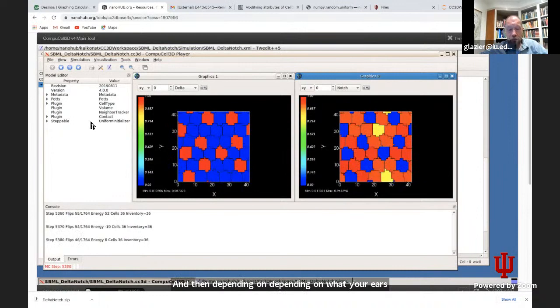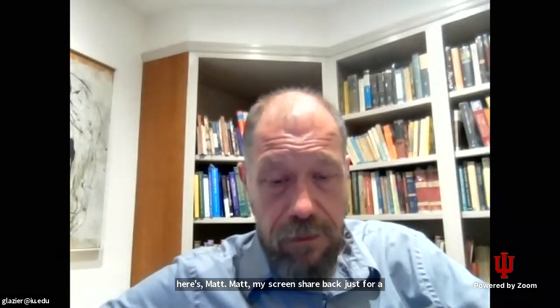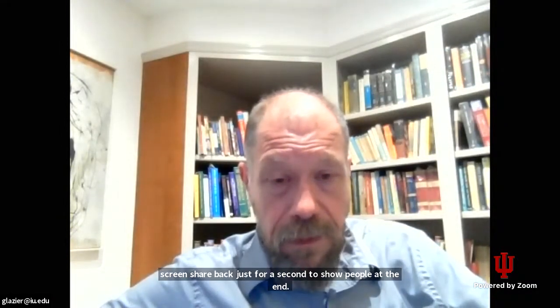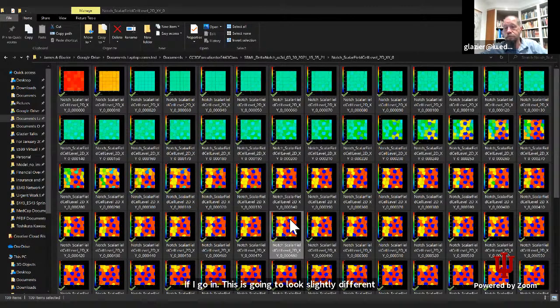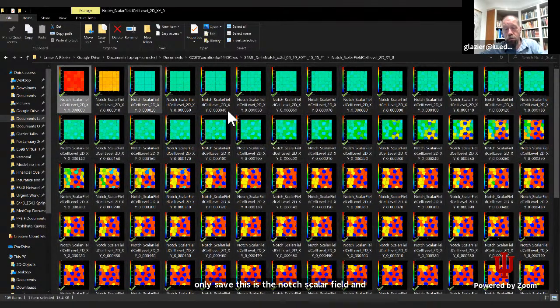May I screen share back just for a second to show people at the end. This is going to look slightly different depending on what your operating system is, but this is the output of when I run that simulation. I only saved the notch scalar field. And in Windows, if I want to